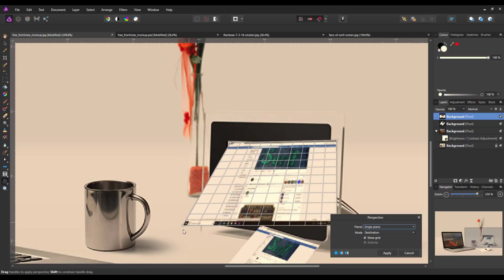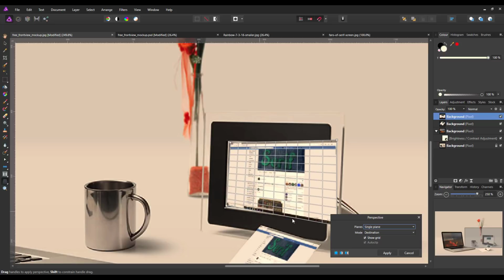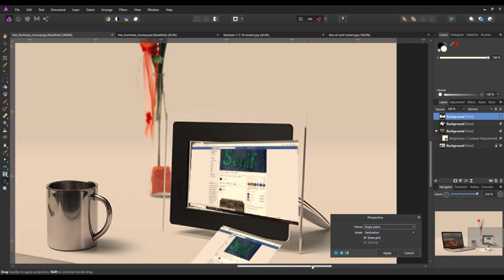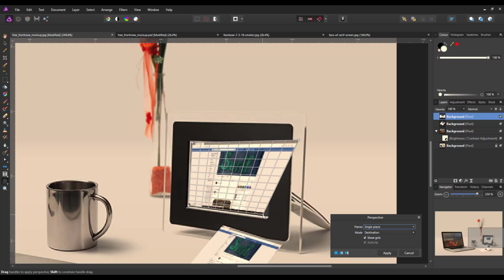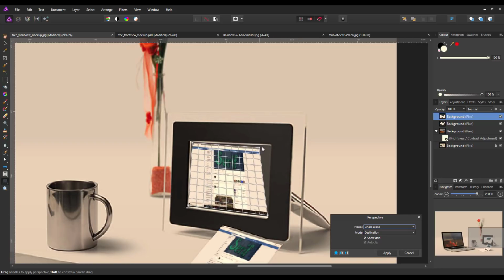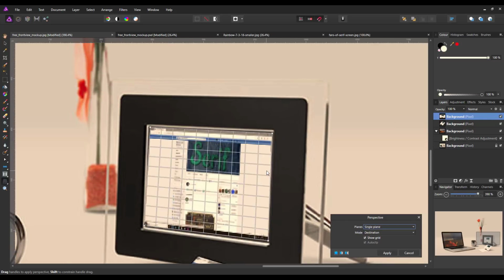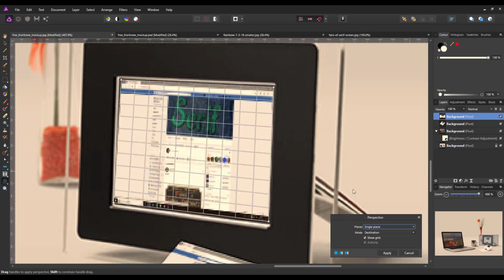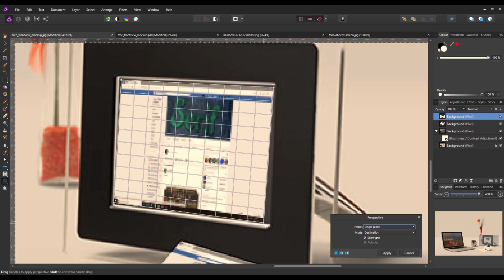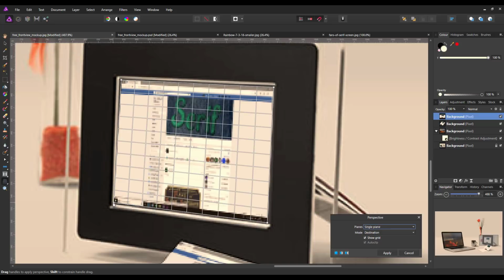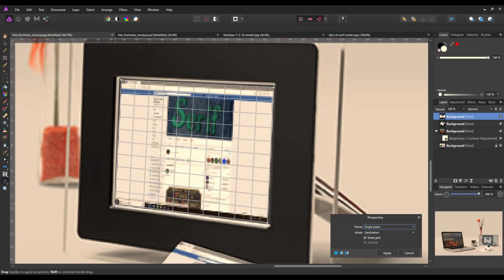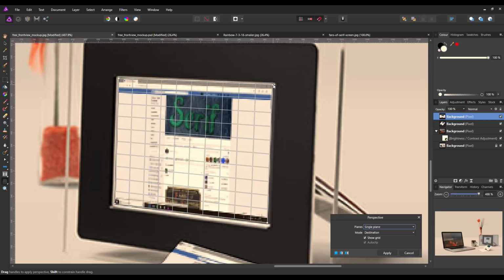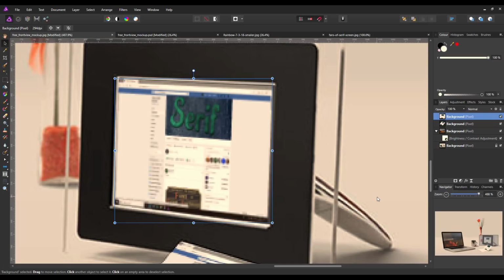Right, just zoom in a bit more. Right, that's going to go about there, that will go about there. Obviously with your own images you can sort of take your time a bit more than I am here. Yes, I think that'll do, so I'll click apply, Control and 0 to zoom out,